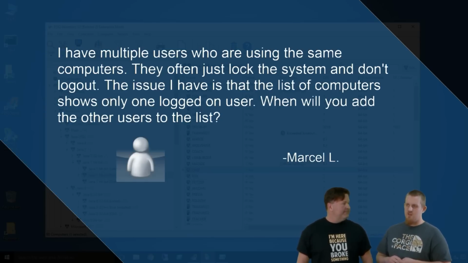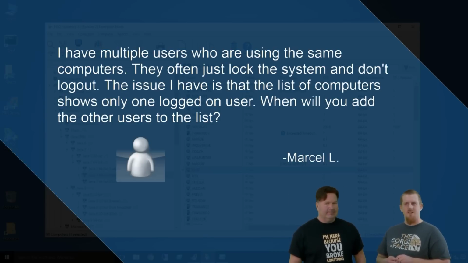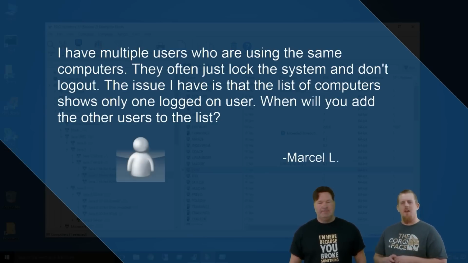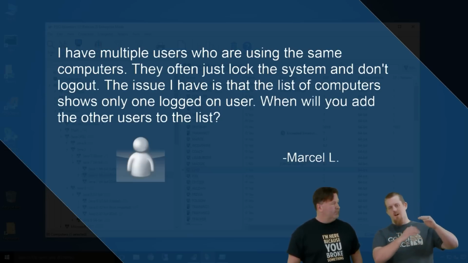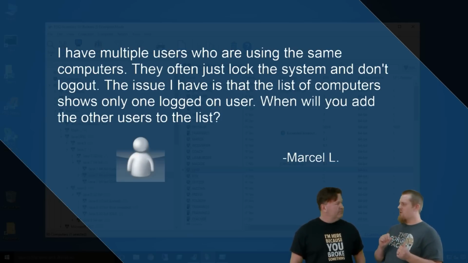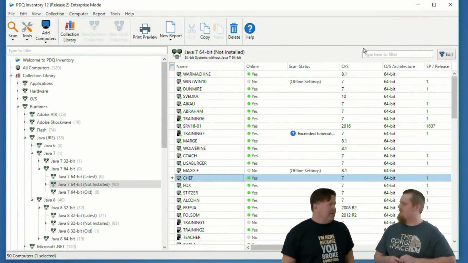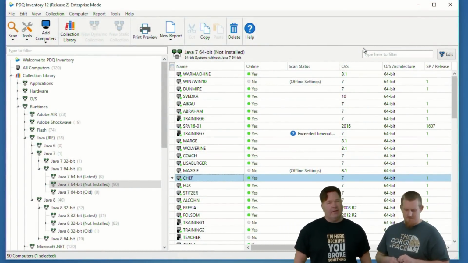Yeah, you can try and glean this information using WMI. I forget the specific class names. It's logged on sessions, and logged on users or something. I don't remember off the top of my head, but you can see the history of who's logged on since the last reboot, I believe. And you can kind of get that information, but I don't remember if you can actually determine whether or not they're still logged on. So there are ways to glean that information, but nothing native in inventory right now.